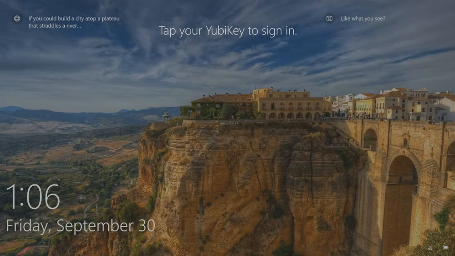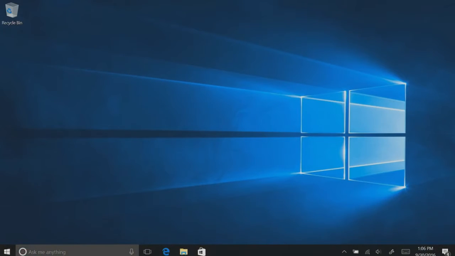Well, something had to happen. Let's do this again. Now I just noticed my key wasn't inserted all the way. There you go. All I did was insert the key, tap, and it was able to log me on. Now this is just one example how this piece of hardware works and how you were able to use that